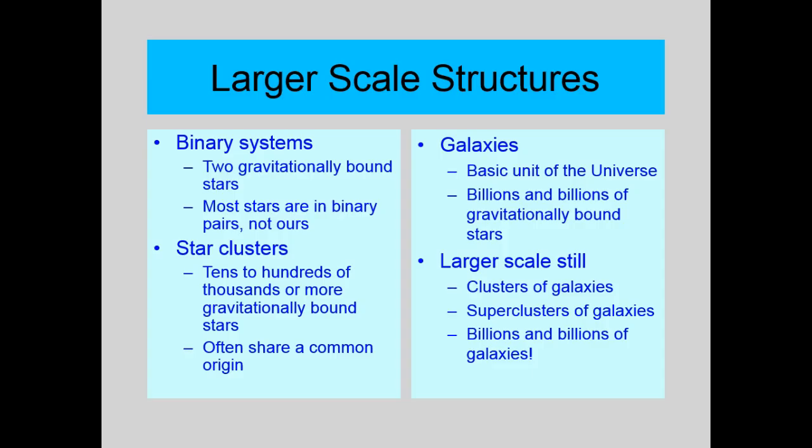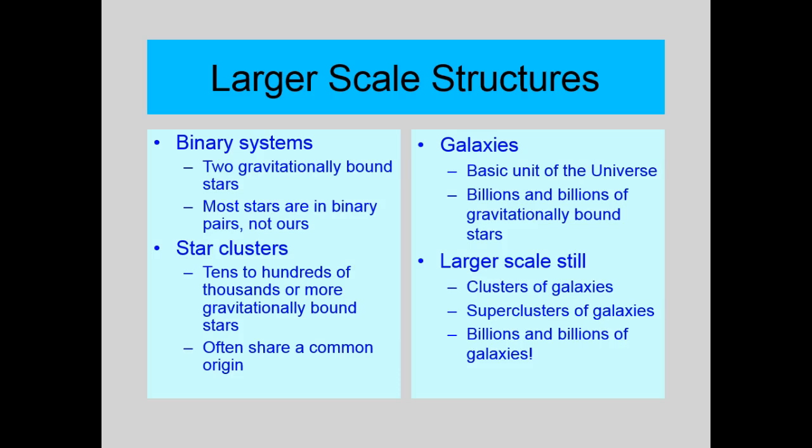They may or may not have a black hole in the center, so therefore they're not really a big galaxy, but they just bound together. Now, it could be that they share a common origin. In other words, this big nebula of clouds, they got together, and then when you had the collapse, you had different units, and that's why maybe tens of stars, or hundreds of stars, or hundreds of thousands of stars were formed from the same kind of clouds of gases, and they're kind of bound together.